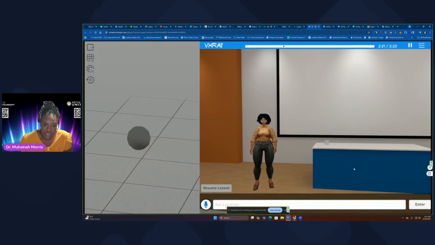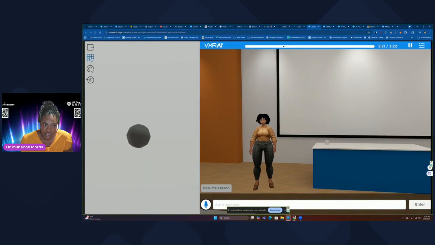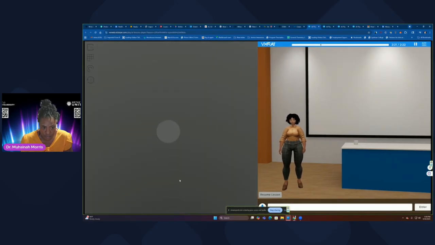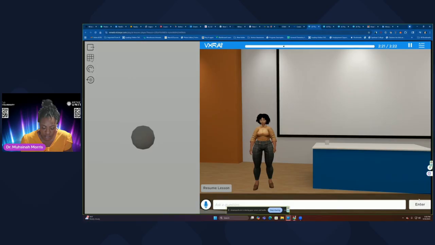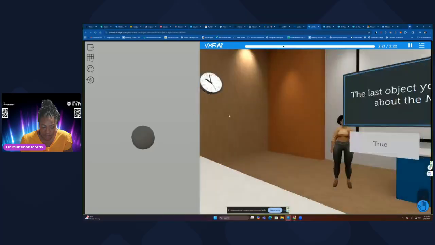So that was our last one, and this is that simple cell. And so you see that I can go and rotate it and look at it in different ways. I can make it bigger, a bigger part of the screen. I can change the point at which I rotate it. It's a simple cell, so it's not much, but when you would like to resume the lesson, it asks you